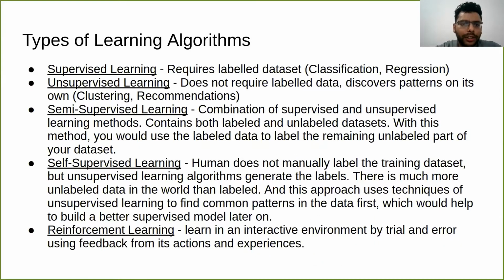So when we talk about AI, there are different learning algorithms that come into play. By learning algorithm, I mean how these AI models learn to identify patterns, whether it is machine learning, deep learning, or any kind of AI learning approach. So how do these algorithms actually learn from the patterns in the data set? These are the different types of learning algorithms that are commonly there in the field of AI.